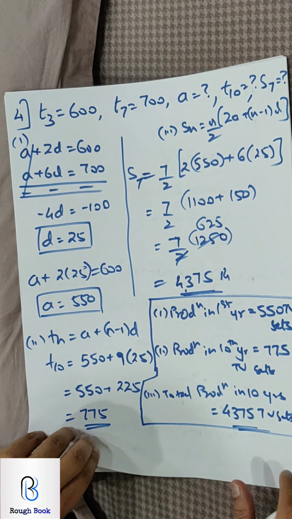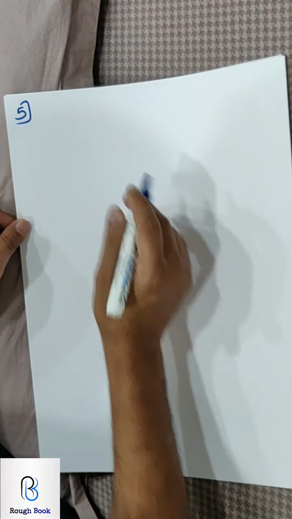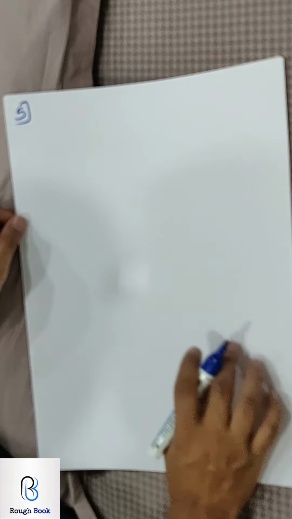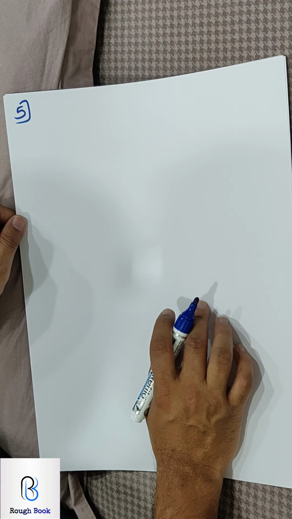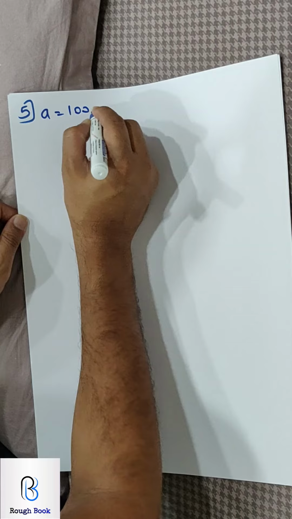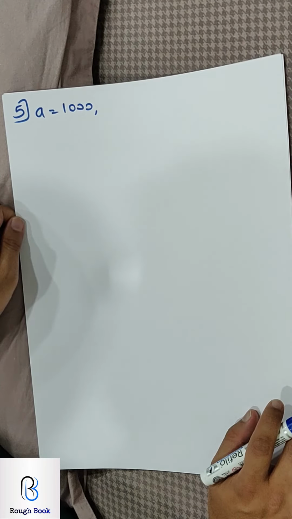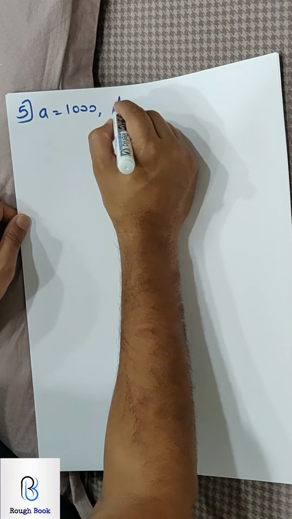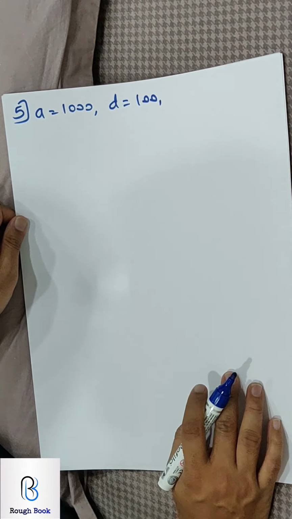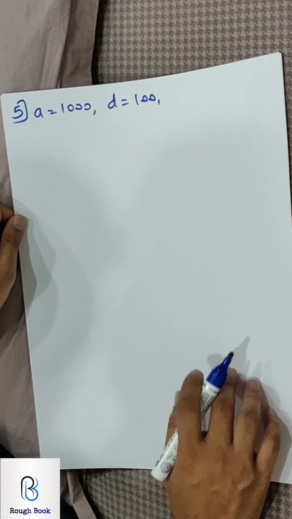Sum number 5, the last question of this exercise, and then we go to sum number 1. Sum number 5. Mrs. Gupta repays a total loan of 1,18,000 by paying installments every month. If the installment for the first month is 1000, so I got A as 1000. Get the data first, pause the video, go ahead. And it increases by 100 every month. So common difference is 100. What amount she will pay as the 30th installment of loan?